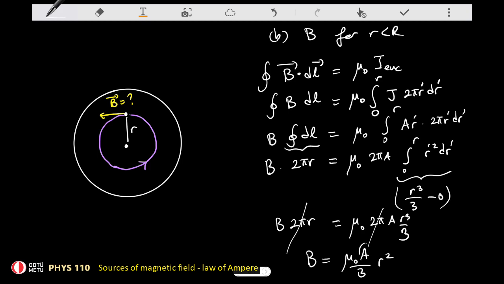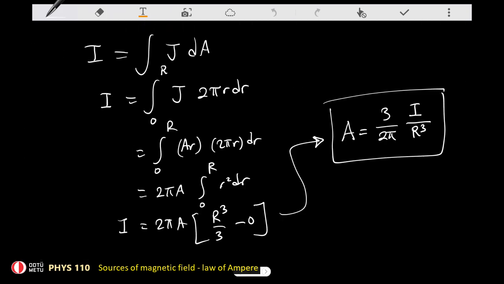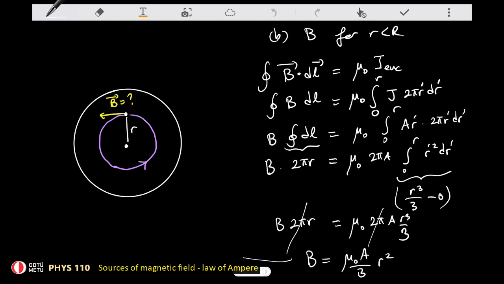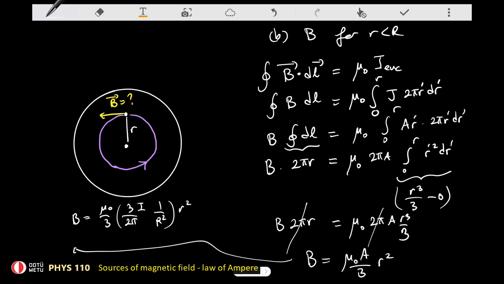We have also computed the A coefficient in terms of the total current. So I would like to express the magnetic field in terms of the total current. So let's just go ahead and remember what A is. I think I can remember this expression. So I'm going to insert this value in here. So the magnetic field is therefore mu 0 over 3 over 2 pi current divided by 1 over r squared and little r squared. So as a result, the 3's cancel, and what we get is,